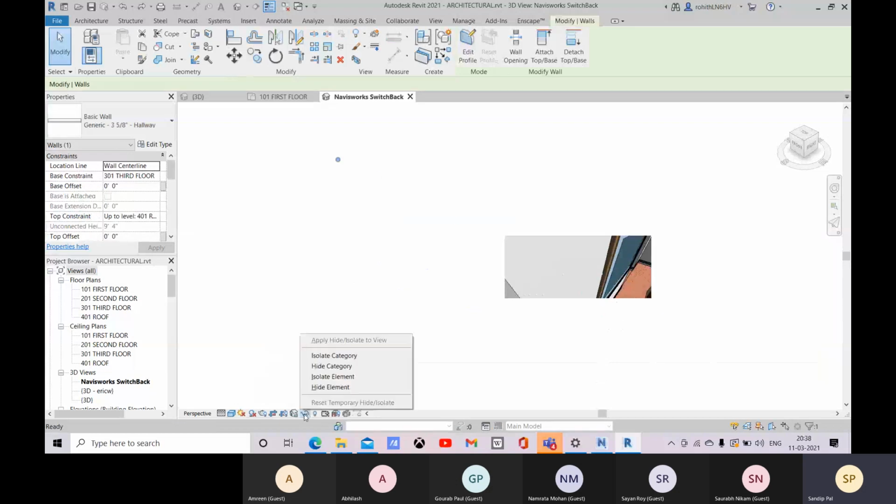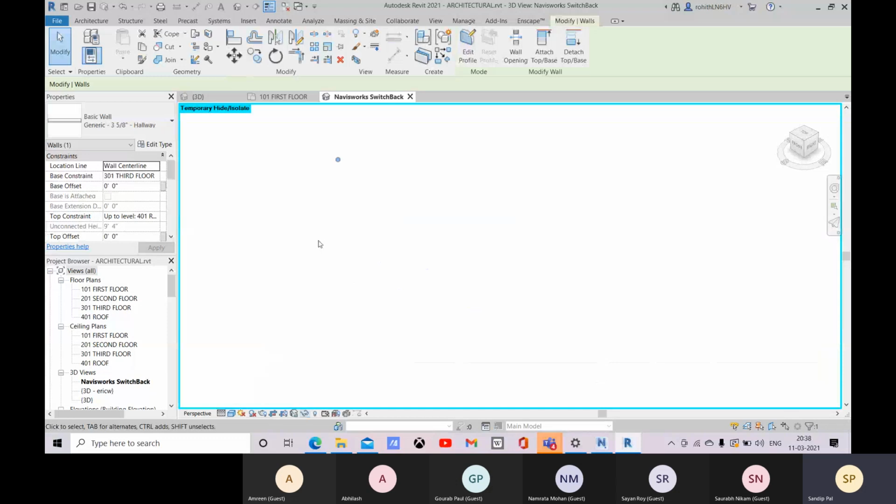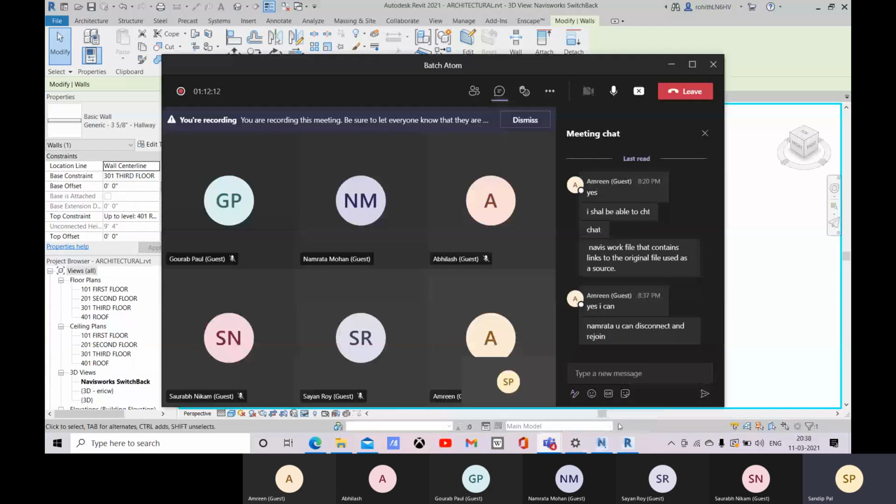And if you go for this isolate element, that will be visible only. That is too much zoomed out, and there you can go for that. So this way you can come to that element, and you can resolve your classes over there.